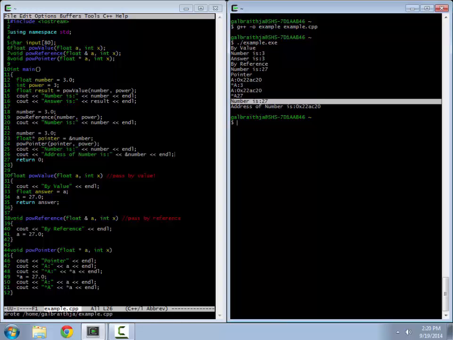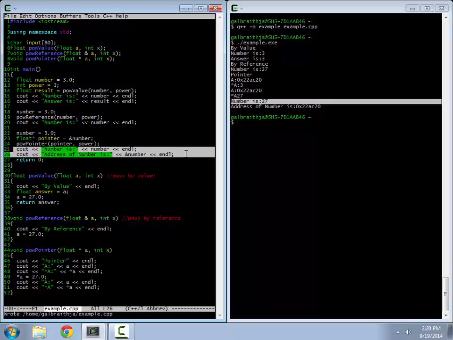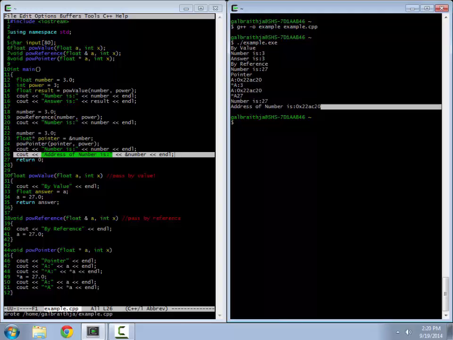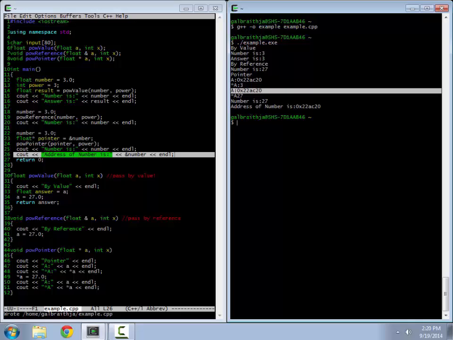So when I changed the value of the pointer to 27, I was actually changing my original value up here. And by the way, if I print it out again, if I print out the address of number, notice that this location of where number is, is the same place the pointer had in it. So the memory location was the same,